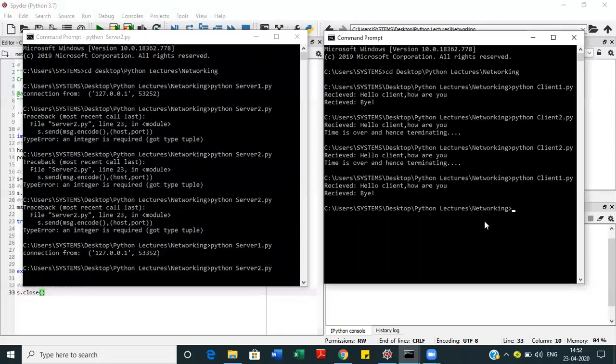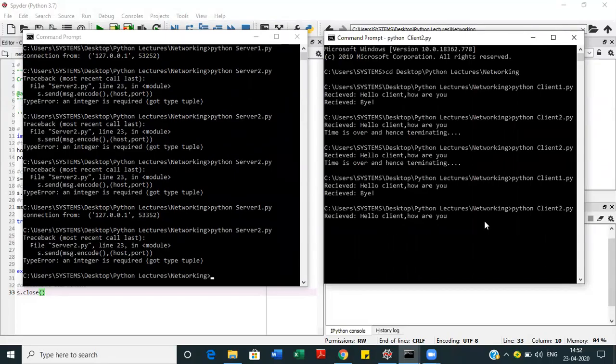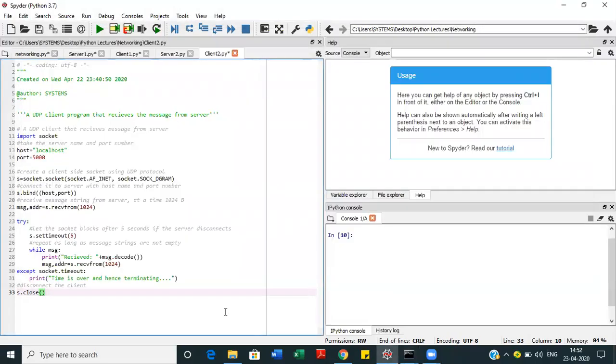Here is the server running and here is the client running. As you can see, it is showing us the message, hello client, how are you? And after 5 seconds, it shows that time is over and hence it is terminated. So this is all about UDP client-server programming.